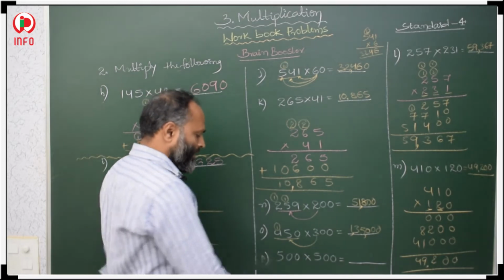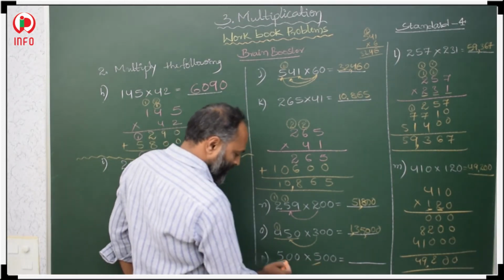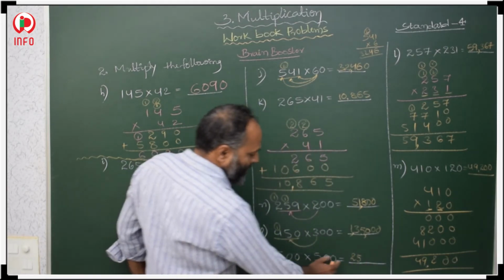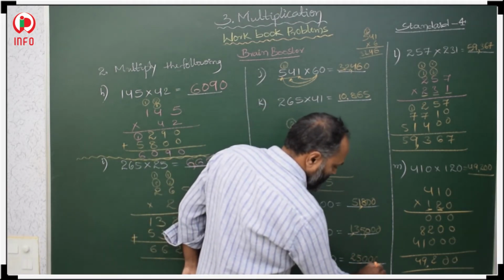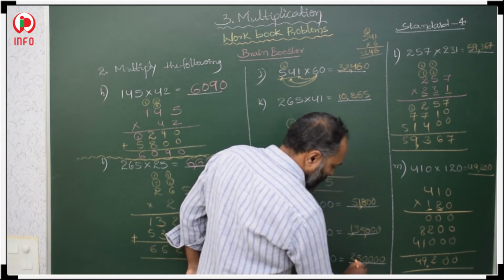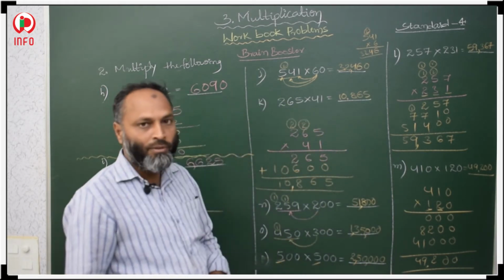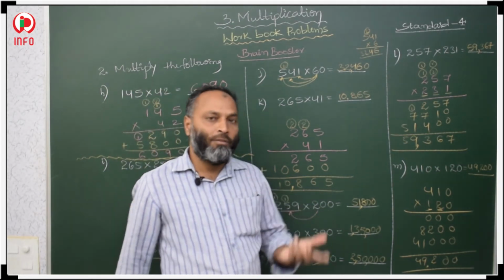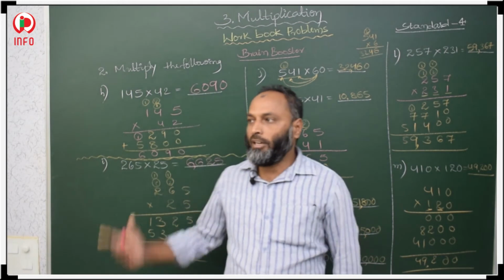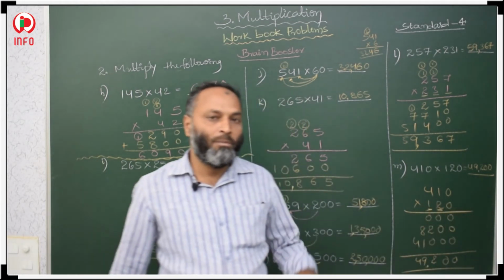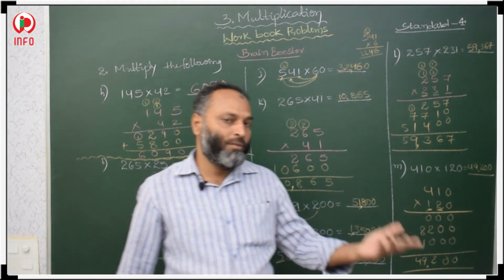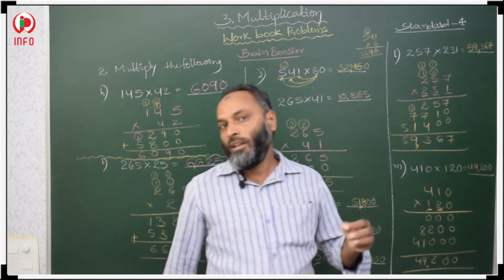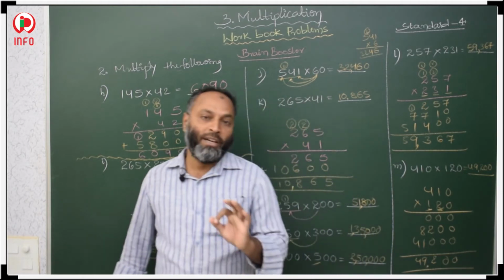So how to multiply? First you multiply 5 with 5. 5 fives are 25. Here 2 zeros, here 2 zeros, total 4 zeros: 1, 2, 3, 4. 2,50,000. In this way we have to find the product. So if a 3-digit number is multiplied with a 2-digit number, we have to do according to that. If multiplication with 100, with 10, with 500, whatever it is, according to that you have to follow and multiply and find the product.